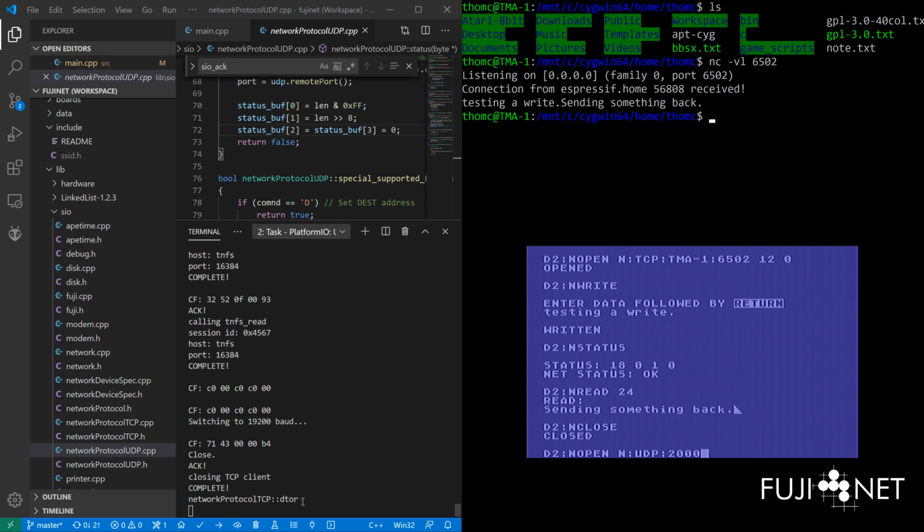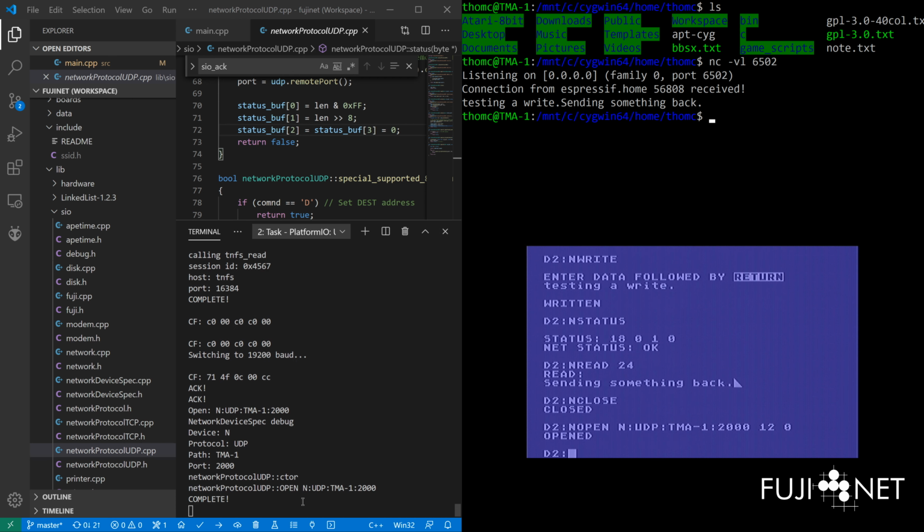So if we go ahead, we can see that our UDP is now opened, and we can see that we're using the UDP protocol here, the constructors and the open methods from the UDP open here to do all of the low-level bits and pieces that we need. Yet from the Atari side,